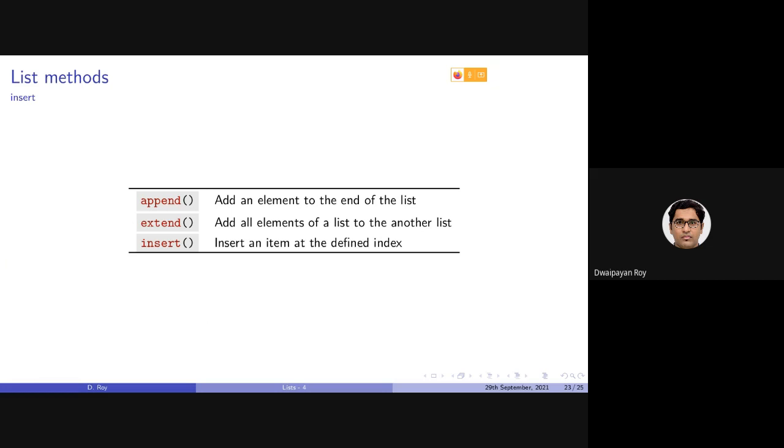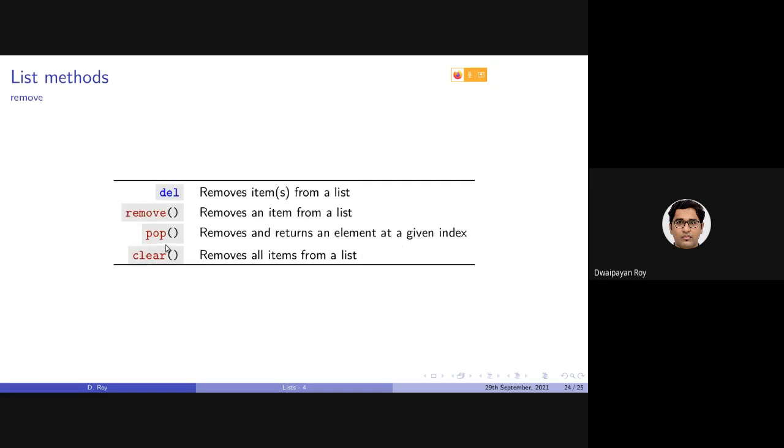So just to recap, in this list, we have discussed different insertion functions: append, extend, insert. To remove items, we have discussed how to do that using del, how to use the remove function to remove an item from the list, how to use the pop function to remove and return an element at a given index or the last inserted element, or using clear as well, which removes everything. Another way of removing them is by using the slicing operator.